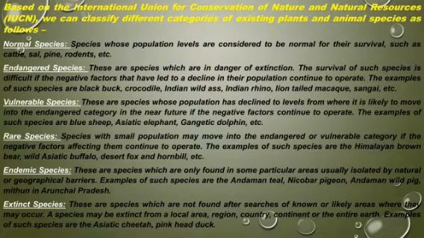Extinct species are those species which are not found after search of known or likely areas where they may occur. Means after survey we are not observing them in any place. Means they are no more. Means they are categorized in the extinct species. A species may be extinct from a local area, region, country, continent, or the entire earth. Example is here Asiatic